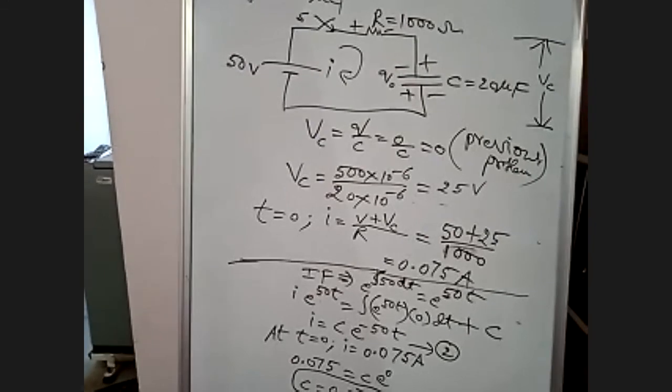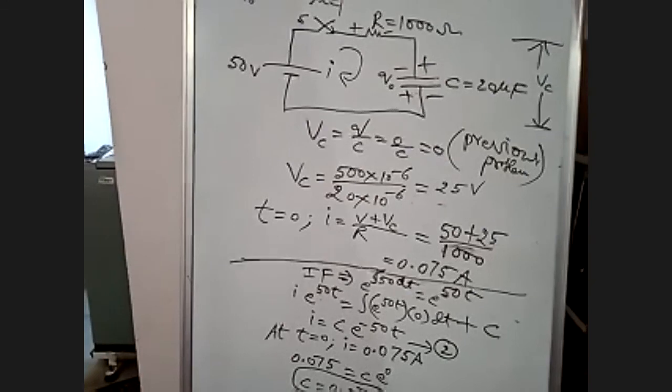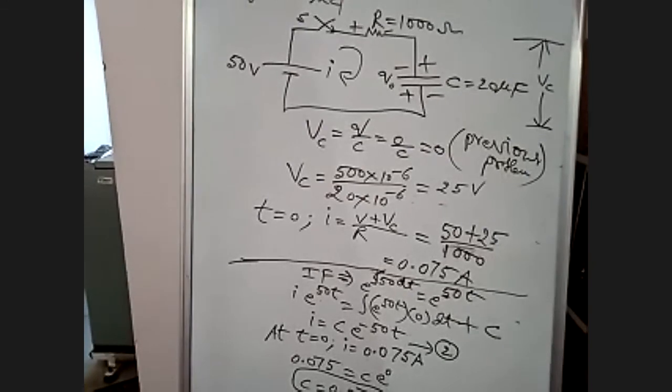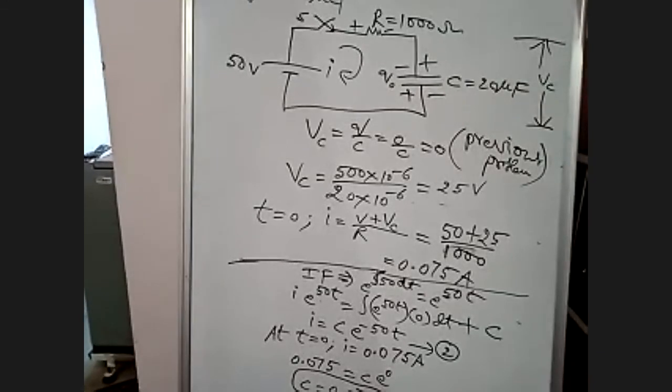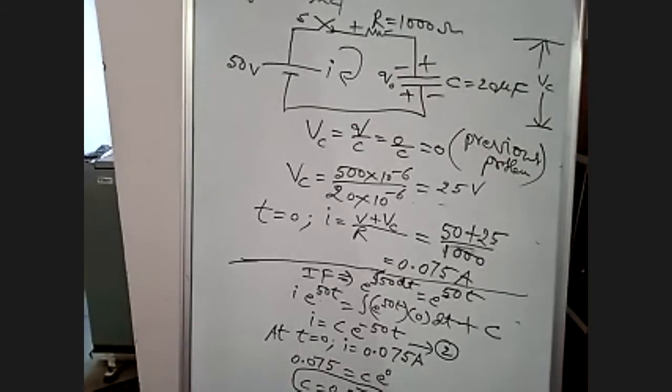Similarly, in RL circuit also, they'll give L value and R value. Determine the time constant. What is the formula for time constant in RL circuit? L by R. Please remember these two formulas for 2 marks. In exam, if they are asking, don't confuse that sir had not told. These are the formulas. Apply the formula and get the answer in the exam.